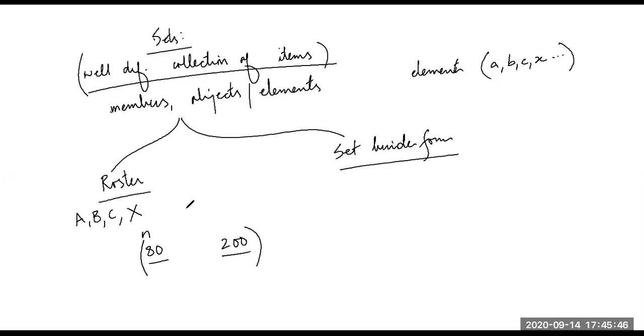120. Wrong. It will be 121. I just wanted to check it. So from 81 to 200 is 120 plus 80, that is 121. But then writing 121 members is also difficult, right, Ishma? So that's a little bit time consuming, all right? But okay, for smaller sets, maybe roster form is good.